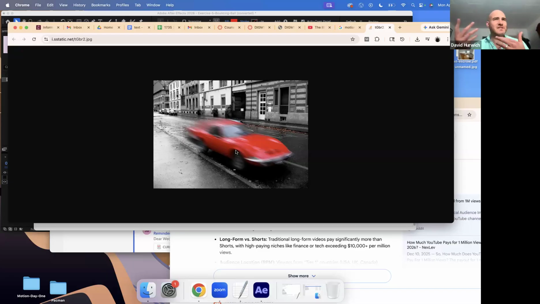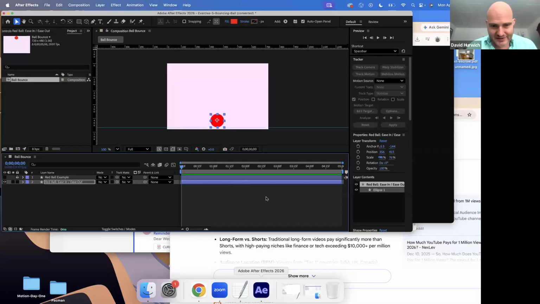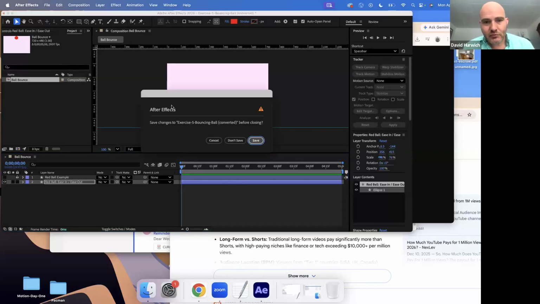And as humans, we've seen enough pictures with motion blur, and we've seen enough movies with motion blur, that our brain goes, oh, well, if something is moving really fast, there should probably be some motion blur. Okay. So what does this have to do with After Effects and effects? Well,